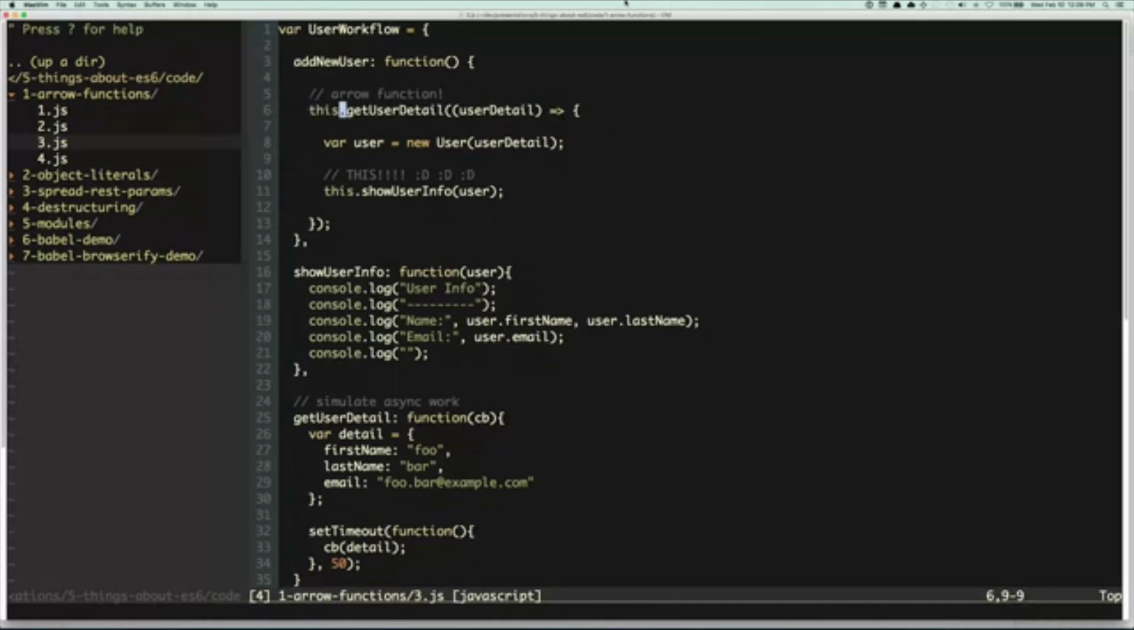So what this does is it tells the JavaScript runtime to use the surrounding context of this callback function right here and bind this function to the surrounding this, to this from the surrounding code. What that really means is when I call this.getUserDetail, I'm using this as user workflow most likely. I'm going to call userWorkflow.addNewUser, which is going to set this to be the user workflow object. Since add new user is going to be called with user workflow as the value of this, the arrow function right here is going to bind this inside of the callback to say this is equal to user workflow. So now I don't have to use all those hacks and